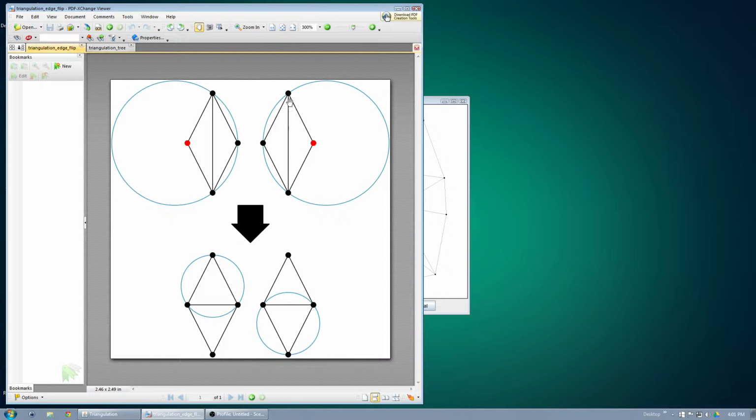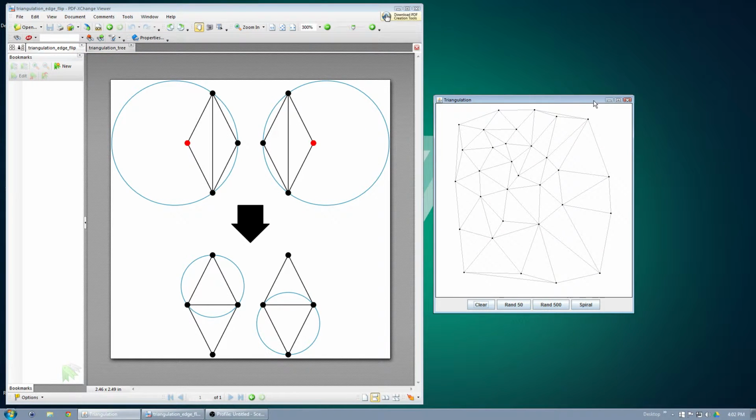So that means that this edge here between these 2 triangles needs to be flipped or rotated. Instead of being vertical, it's going to rotate to be horizontal, causing a new configuration of triangles. One of the properties of these new triangles is that if you see the circumcircle of the top triangle and the circumcircle of the bottom triangle, you notice that there are no vertices of any of the other triangles inside of it. That produces a very nice, very clean